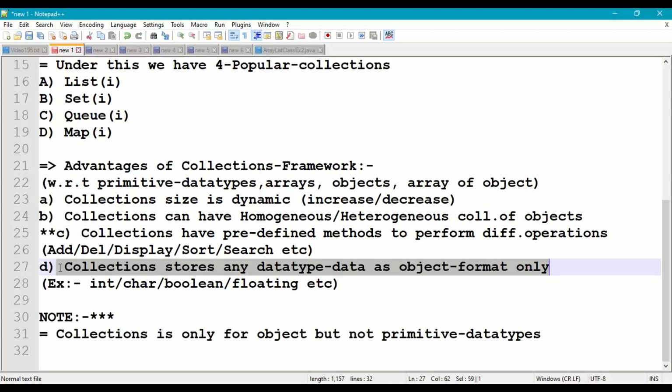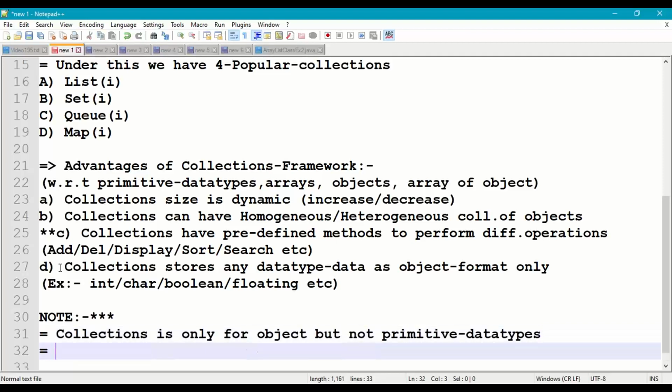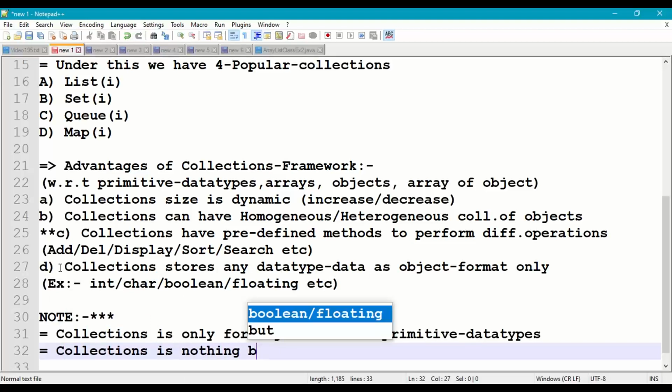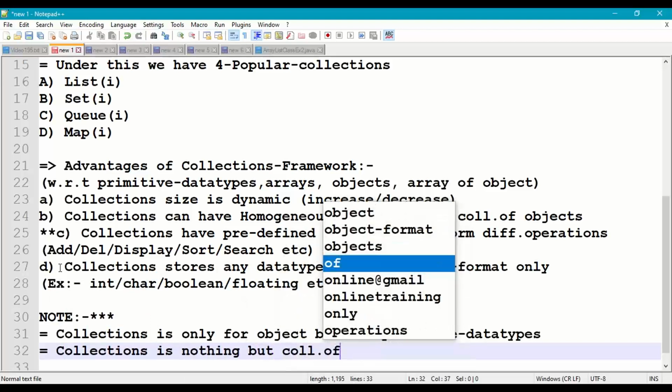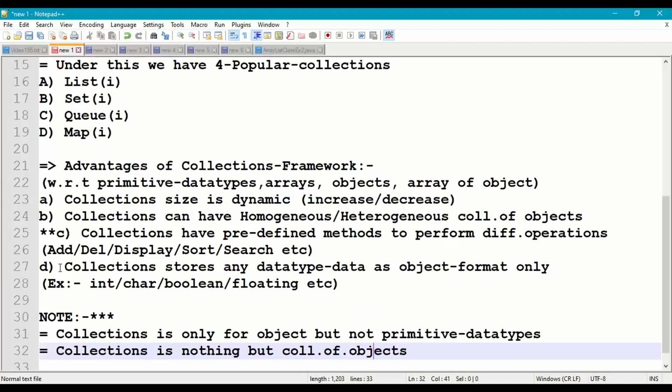Whether you store integer, character, Boolean, or floating data, it will store the data in object format only. Hence, collections is only for objects, but not for primitive data types. Everything in collections is objects only.